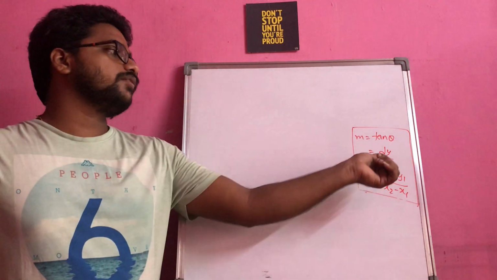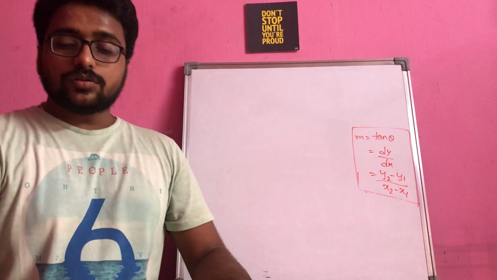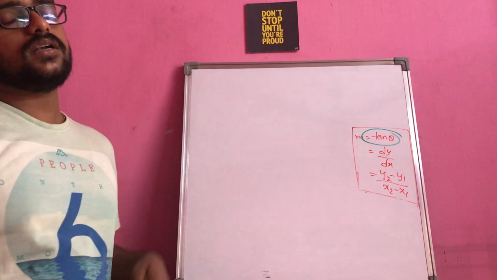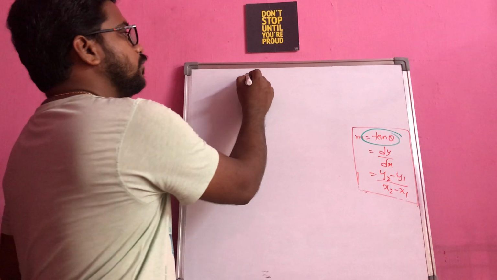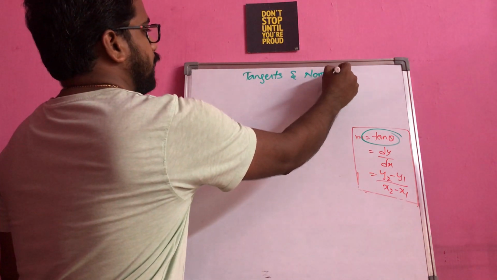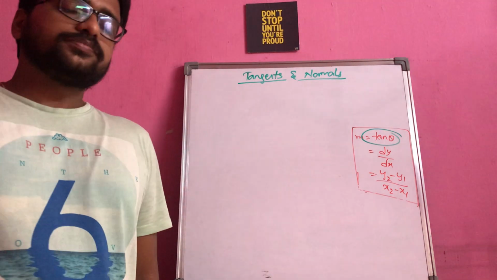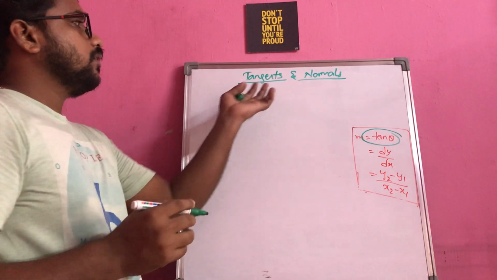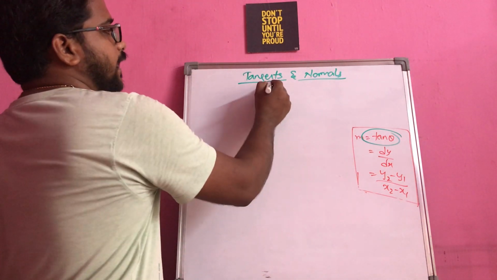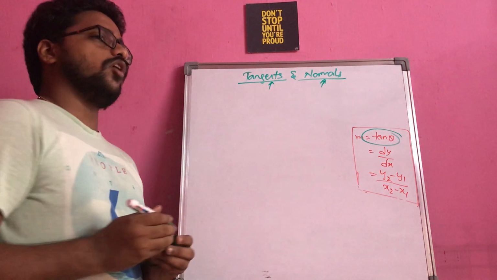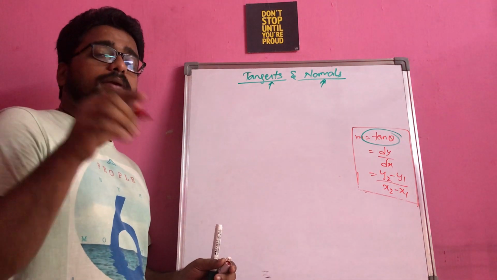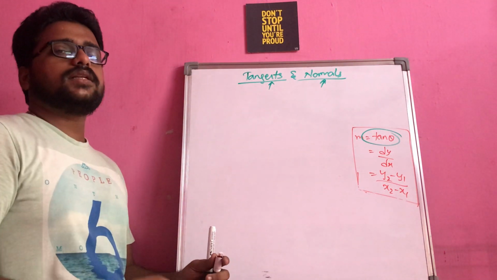If I give you a curve, then I will go for dy by dx. As the slope is nothing but tan theta, and we are discussing the concept of derivatives, that's why we are naming it the tangent, and its perpendicular is nothing but the normal. Why are we keeping the normal also? When you know the tangent, it is very easy for you to find the normal also. Usually any line which is perpendicular to the tangent is called a normal.